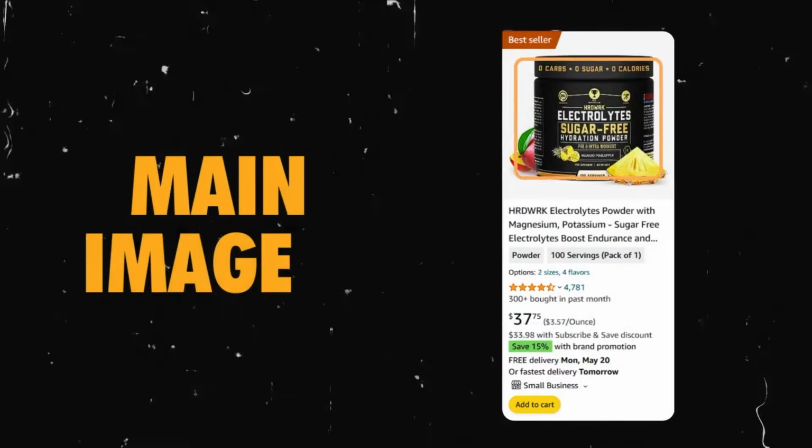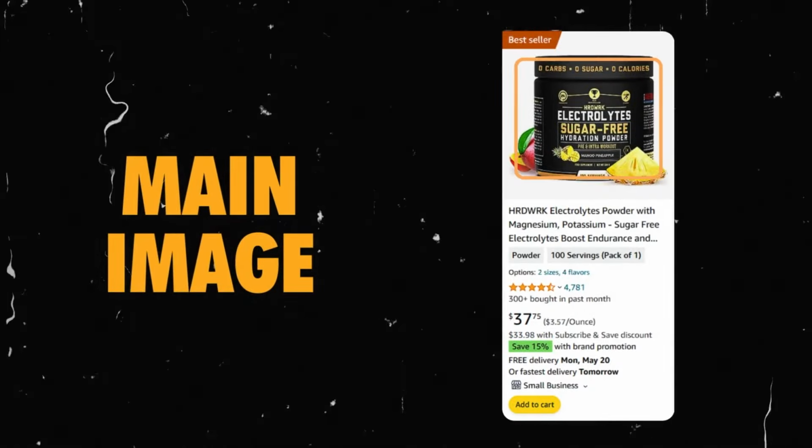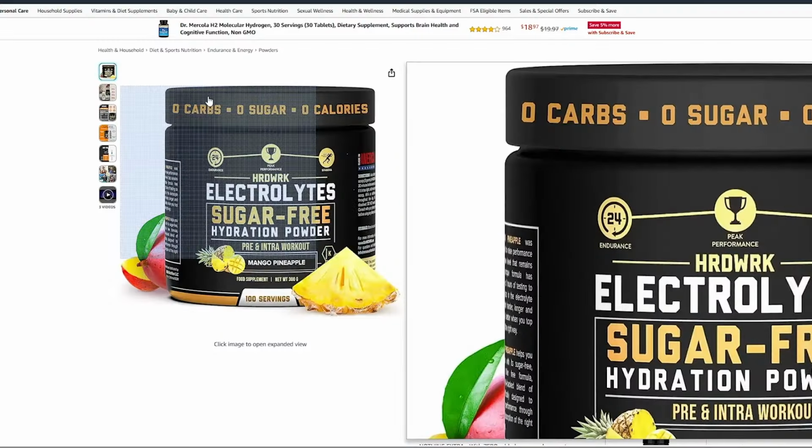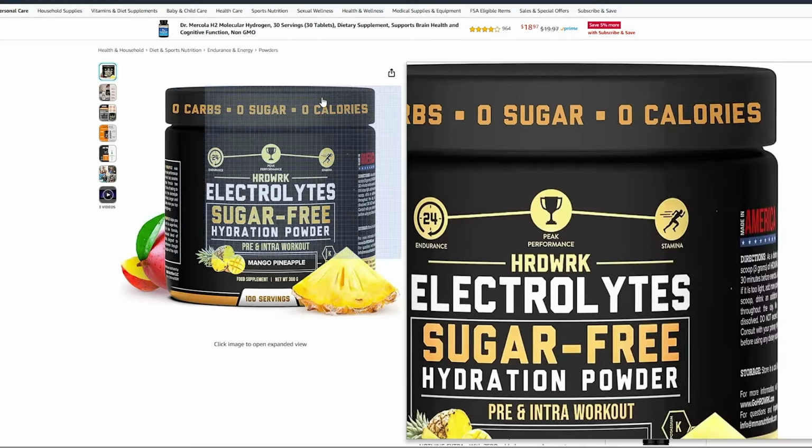So main image, right? Main image needs to fill the white space. It needs to be attractive. It needs to have selling points on it. It also needs to make you differentiated from everyone else. So not only is it going to be sharp, I prefer 3D renders because they're way sharper than just using a photograph, but I also like to include a box or some packaging, and sometimes I actually manipulate the label. If you look at my product, MMA Nutrition, the lid says 0 carbs, 0 sugar, 0 calories. Actually, the lid doesn't have that, right?